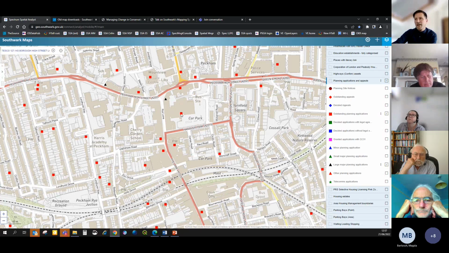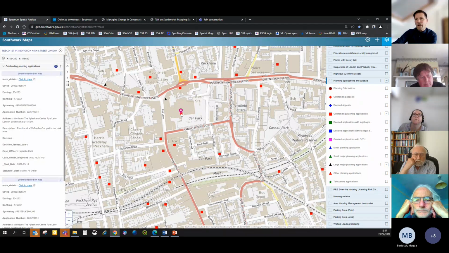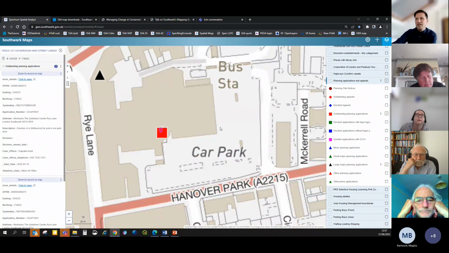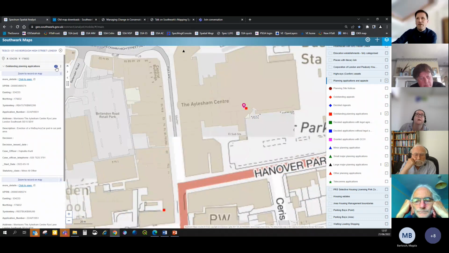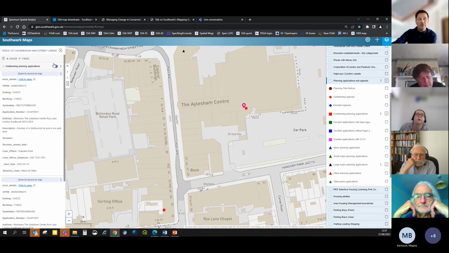Yeah, so a single click is tell me about that feature. And you can see here where I've clicked at this location, there happens to be 2. You see a little number here in the left column, outstanding planning applications 2. So there are actually 2 planning applications located